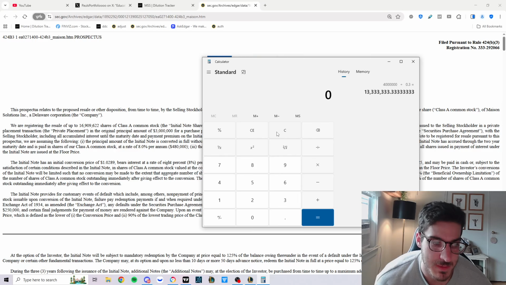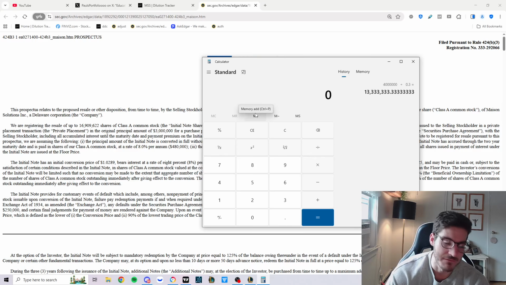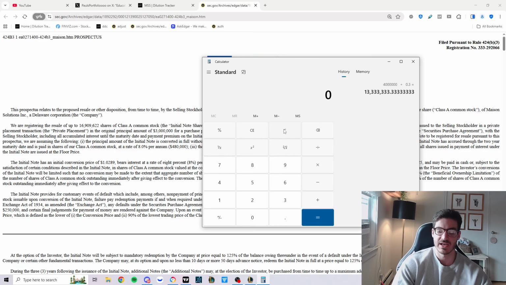When you see a floor price, people say, "Oh, it's 10 million shares at a floor price of 10 cents, and the price is at 5 cents." And they go, "Oh no, the floor price is 10." Doesn't matter. Just because the floor price is 10 doesn't mean that they can't sell at any price. All a floor price does is determine how many shares they're actually going to get. So let's just say me and Joe Schmo, I did an offering with